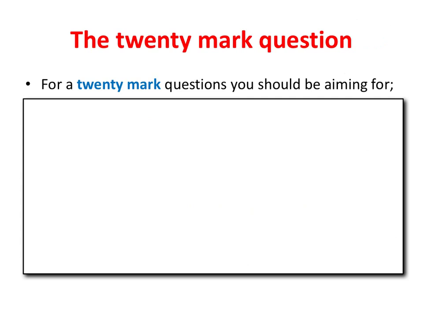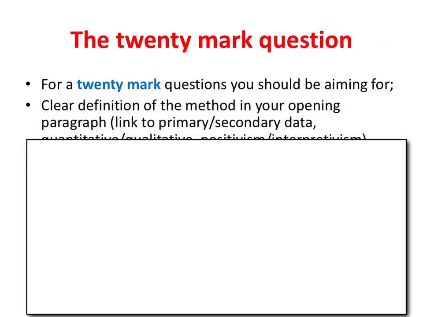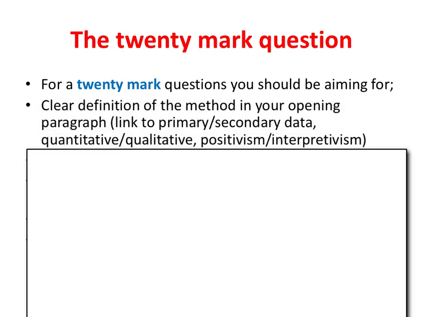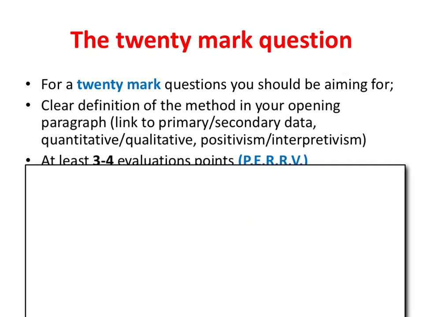Now, an effective answer to a 20-mark question will contain the following ingredients. Firstly, you need a clear definition of the research method or research design in your opening paragraph, and you should link the method to either primary or secondary research, quantitative or qualitative data, or theoretically to either the positivist or interpretivist tradition. Then in the main body of your answer, you need to evaluate the method or the research design,